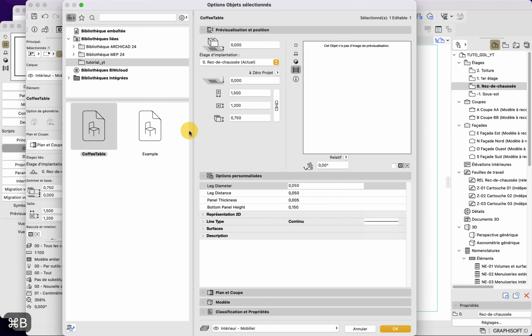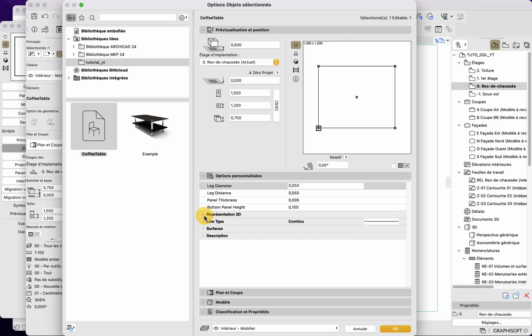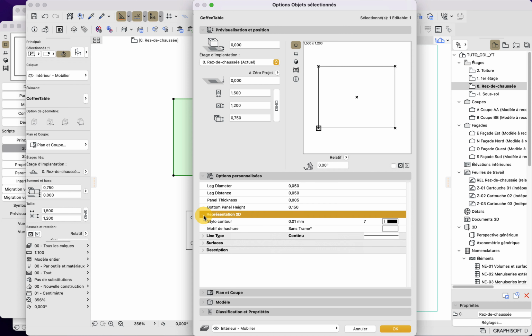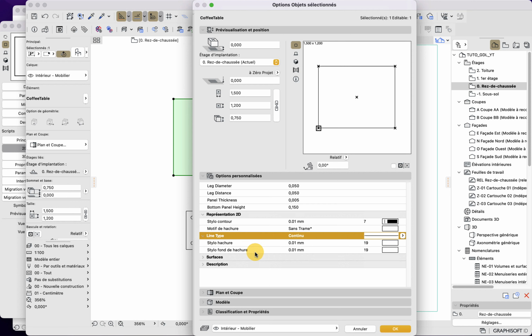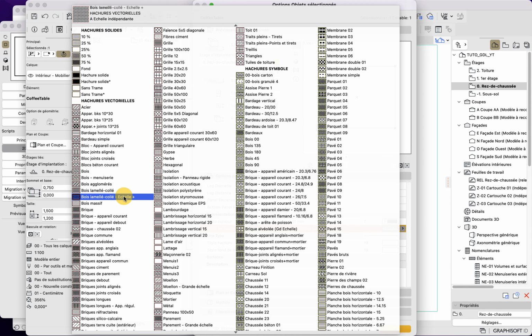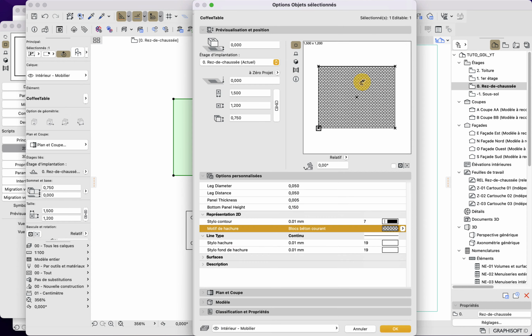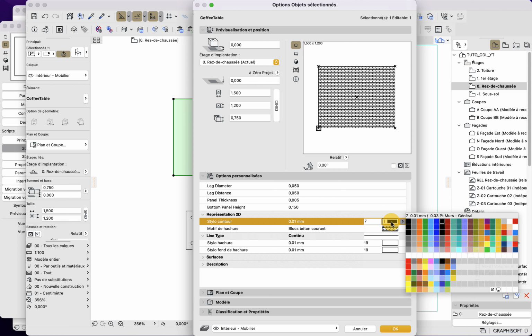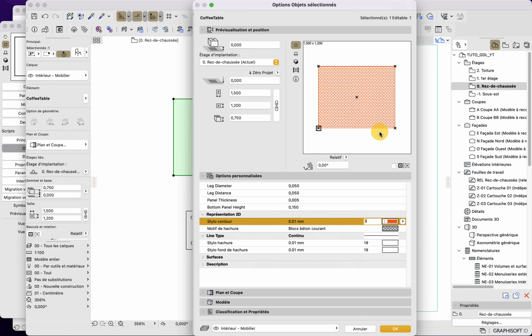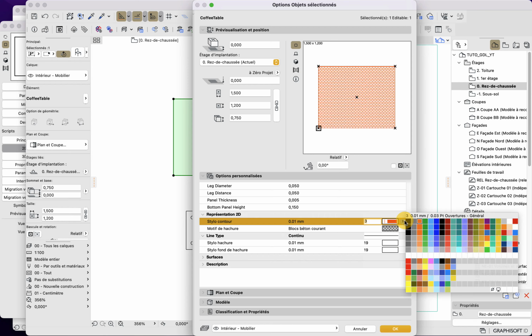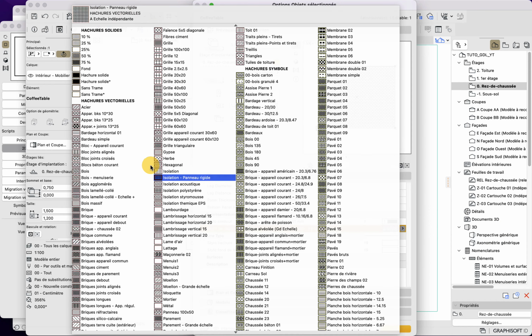Now that I have some specific attributes, I can go back into my preview. I do not need this here. And go into my 2D representation and change the fill type. For example, we will put it as a concrete block like this. You can see now that my fill changed accordingly. And if I change the color, everything here will be orange. So everything is working properly as intended.